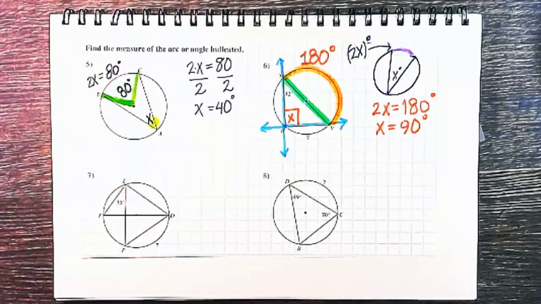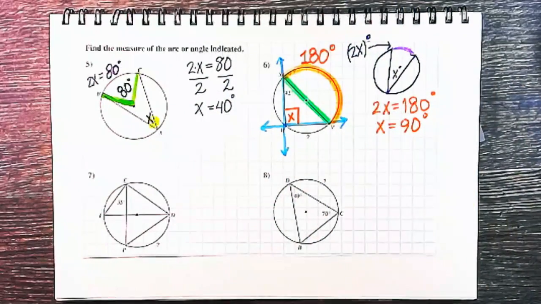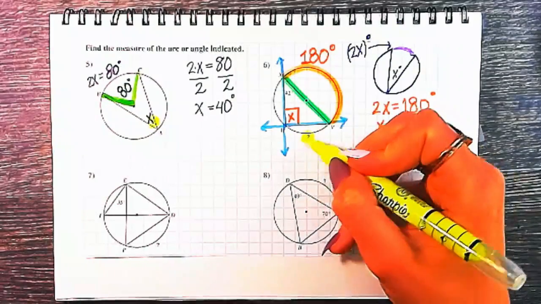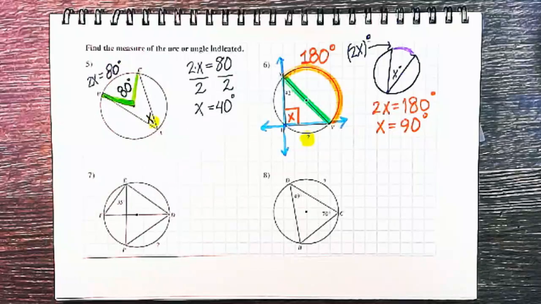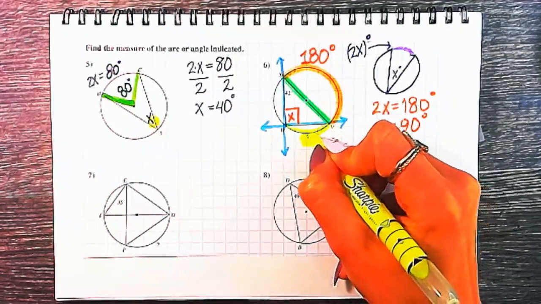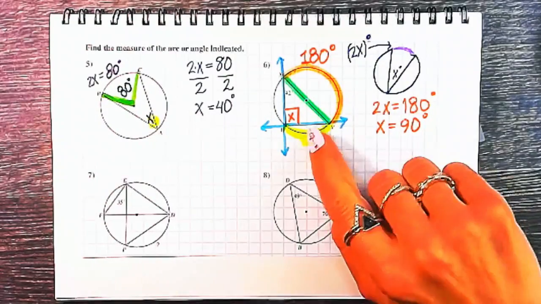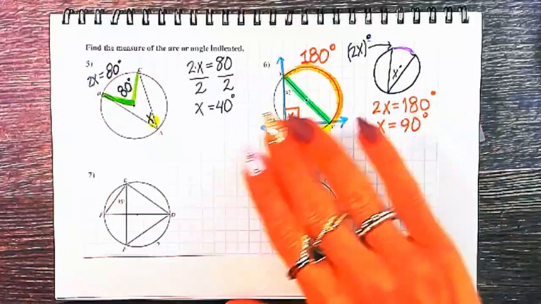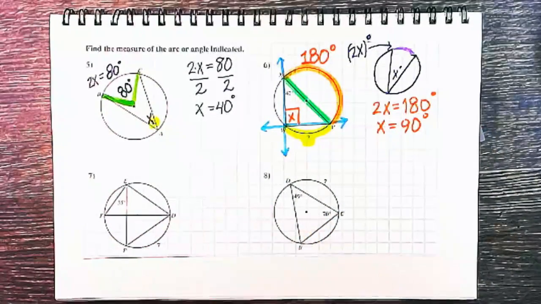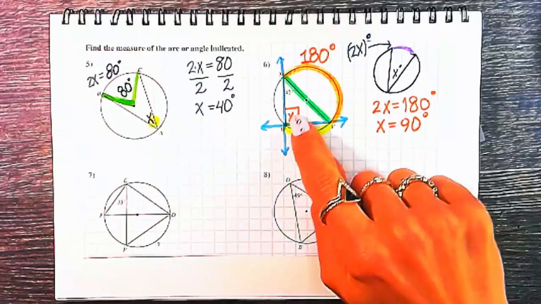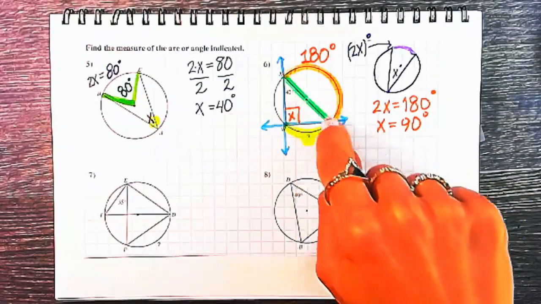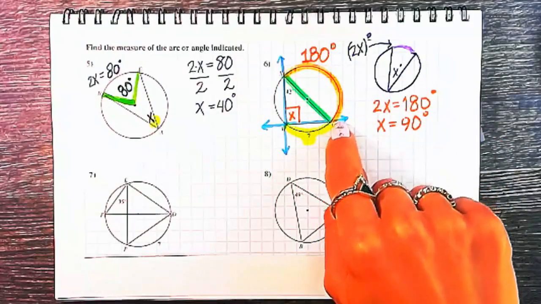I'm just figuring out all the components that I can gather from this picture until I can figure out the indicated measure. X was not my indicated measure. My indicated measure was right there, the highlighted yellow question mark: the arc measure between W and V, that intercepted arc. Before I do that, I just really want to cover as much as possible because I don't know what you're going to need for these two examples, and I want to make sure you're prepared. If that's 90, since that's 180, because that right there was the diameter telling me this was a semicircle, 90